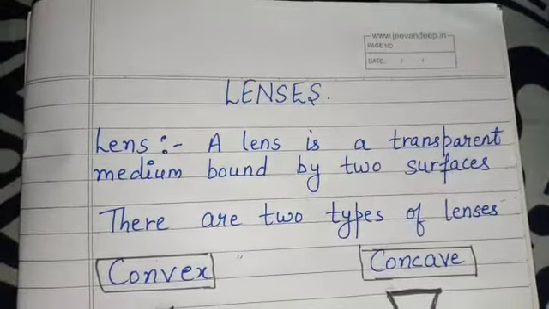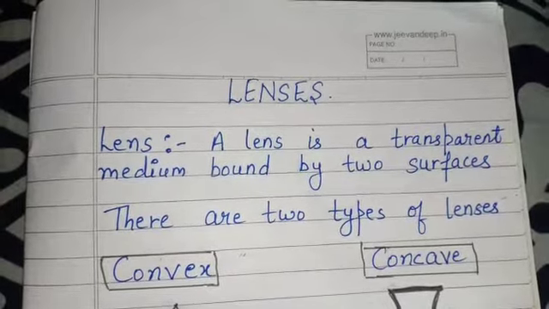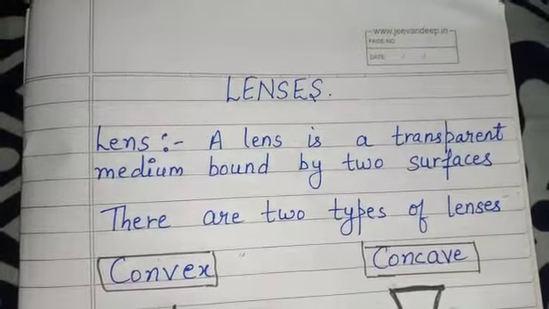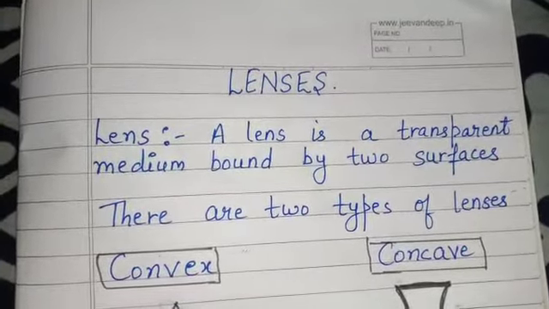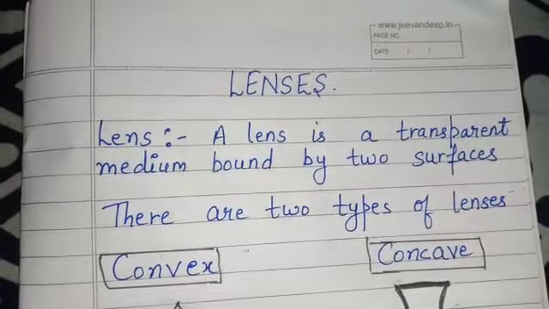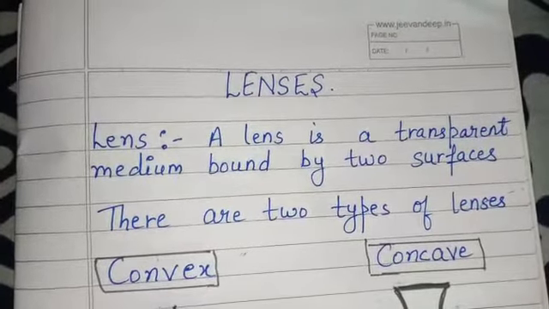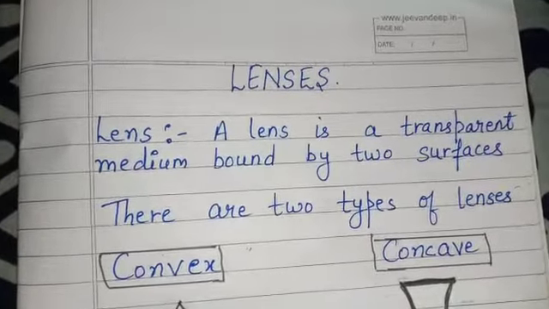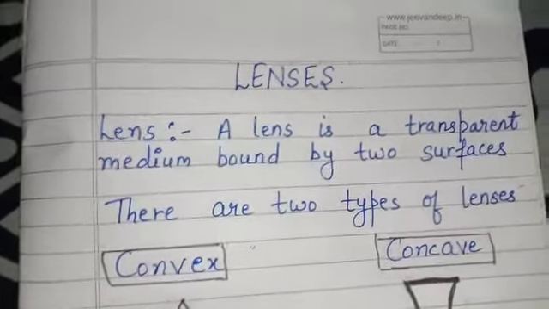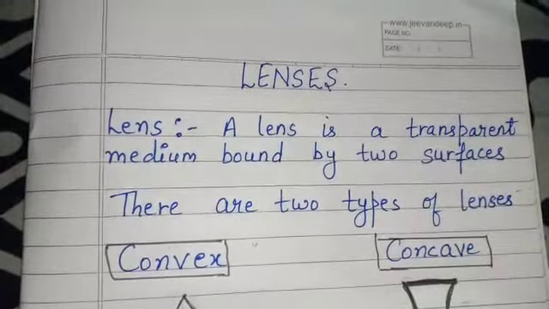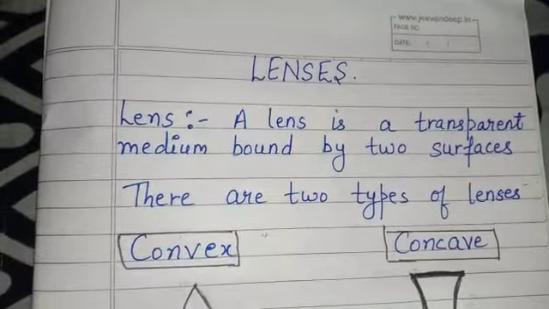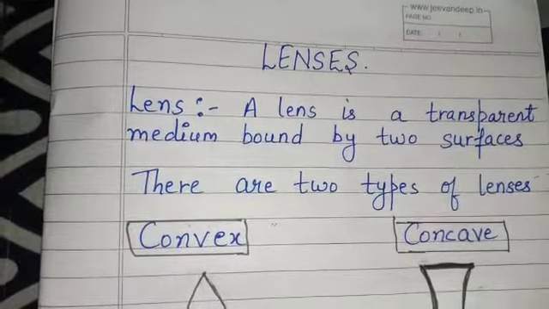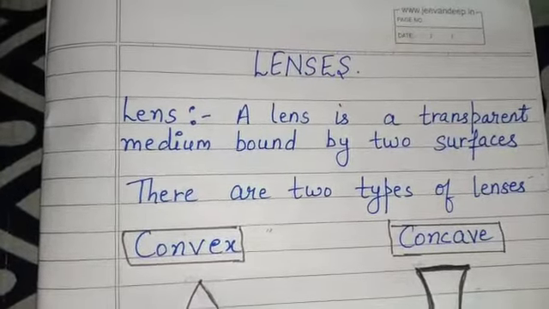This is chapter number 7 in Maharashtra Board's Science 1 books, and this is just the basics of the chapter on light in ICSE books. Right? What is a lens? A lens is a transparent medium bound by two surfaces. Right? It is bound by two surfaces. Everybody has heard the word lens. Sometimes it is used to magnify, by people who are repairing watches. They use their glasses to see the small, tiny parts of the watches.